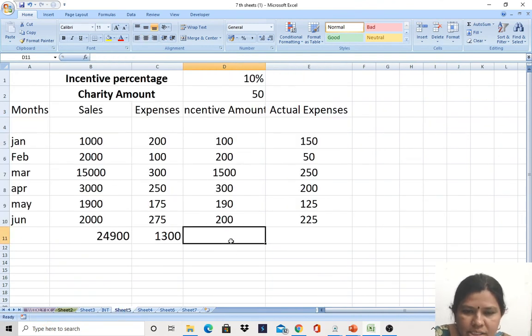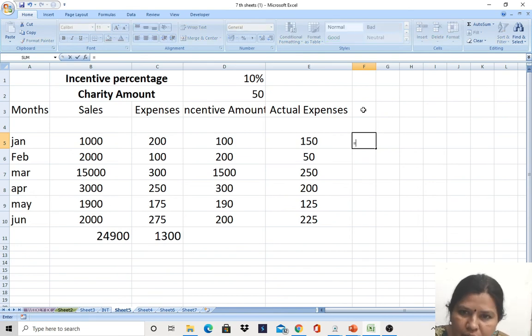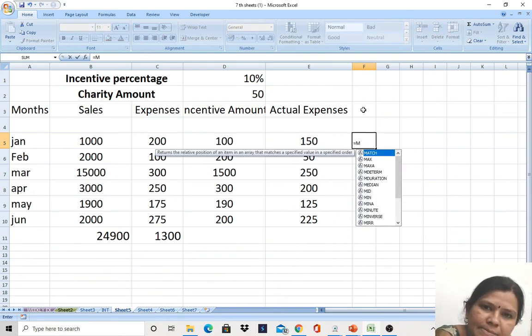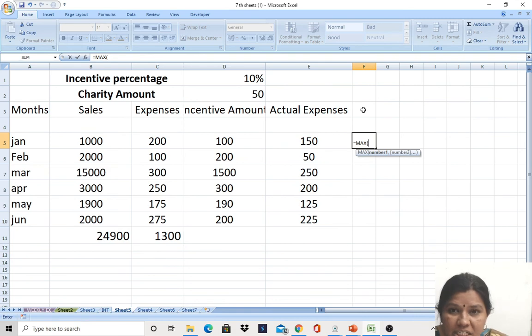See here. Now what is here? Actually we made the sheet of incentive percentage. So what I want to find here, after the actual expenses, is the maximum in the month of January. So how do you have to write? Equals to MAX, and bracket, from where to where? From B5 to E5, right?